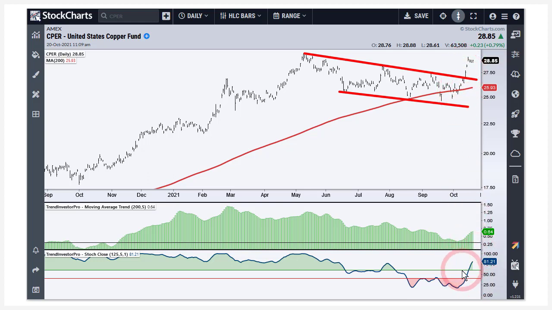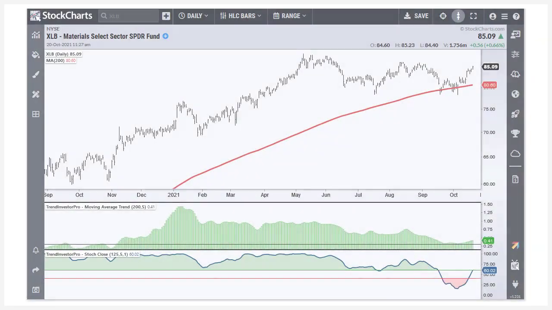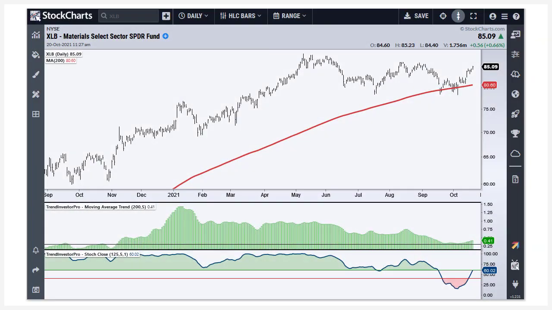And you can see Stoke Close has already turned bullish again. Trend signals, they're going to lag. That's the way they are. This is a trend following indicator. As far as the price is concerned, this breakout was the early signal. Well, it's almost in line with Stoke Close there, but it's bullish for copper. So we got copper breaking out and moving